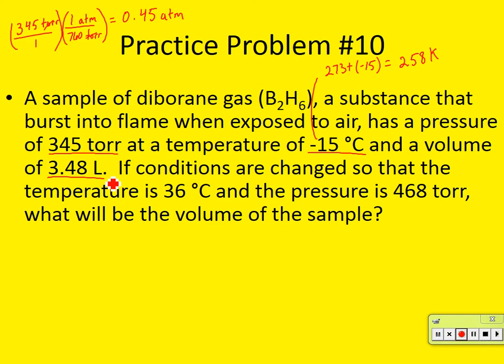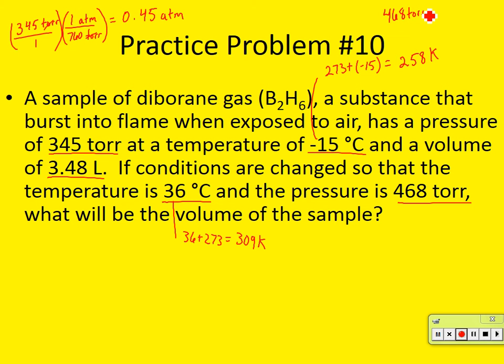And it says, if the conditions are changed so that the temperature is then 36 degrees Celsius, let's convert that to Kelvin. What's 36 plus 273? 309. 309 Kelvin. Good. And the pressure is 468 torr. Again, we're going to have to convert this. So